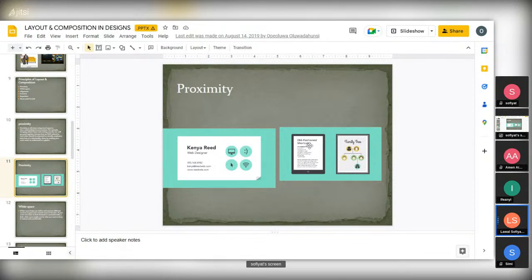You don't put everything on one side and leave your audience wondering where to where, as in, I don't understand this. You want the audience to know that going from this first place to the next place, there is a space between them that indicates that this one is different from this.